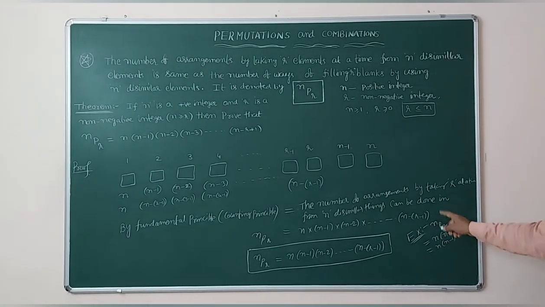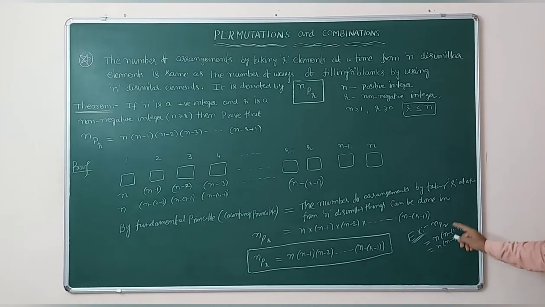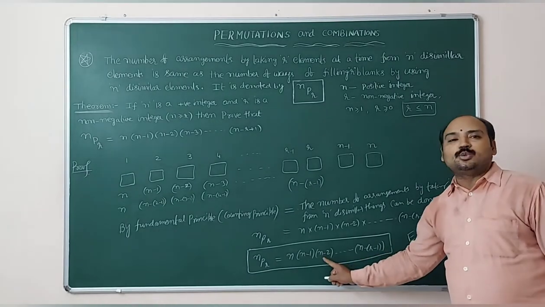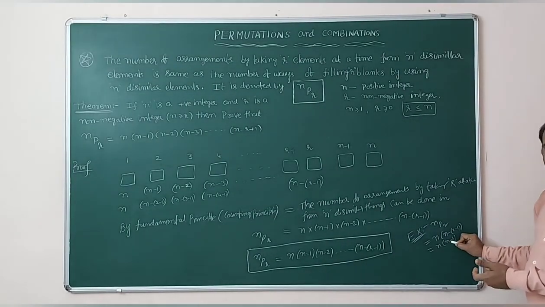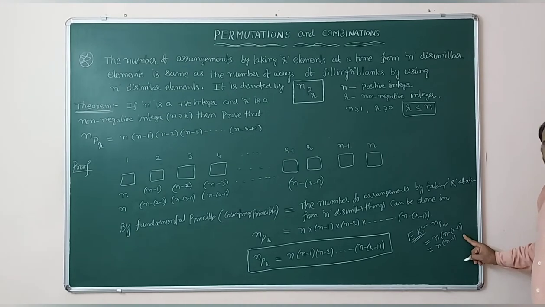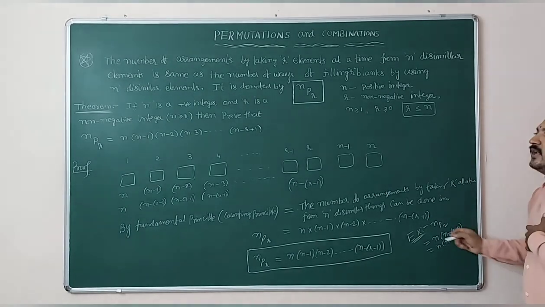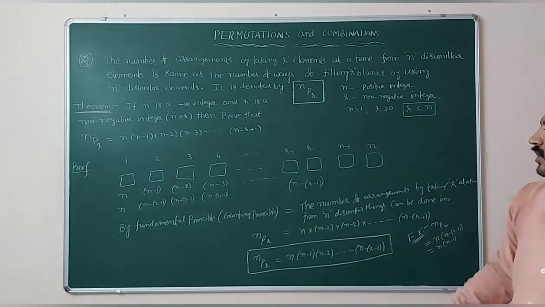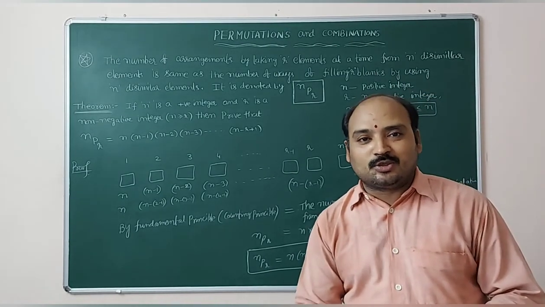Suppose you want to calculate nP3: n into n minus 2 minus 1, n minus 3 minus 1 will come. So n into n minus 1 into n minus 2. If it is 2, the product of 2 terms, n into n minus 1, will come. If it is nP3, n into n minus 1 into n minus 2 will come. If it is nP4, n into n minus 1 into n minus 2 into n minus 3. In the coming class, I will explain all the values, the nPr expansion, and the factorial definition also.